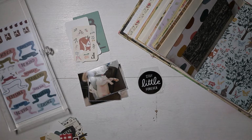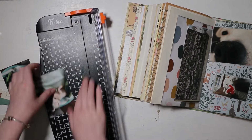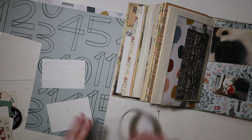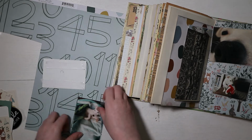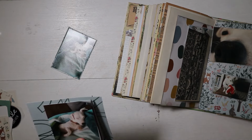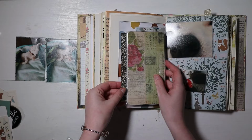Then I'm going through my Crepe Paper Magical Forest ephemera and picking out some of the pieces that I think would work really well in my junk journal. I'm layering up my photos on the page, and I realised I wanted two more photos to go on that center book page. So I have two larger photos of Oscar here, and he's in a green blanket, so these go really well with the greens in the Crepe Paper collection. I'm backing both of them with another green pattern paper, and again inking around the edges of both of them with